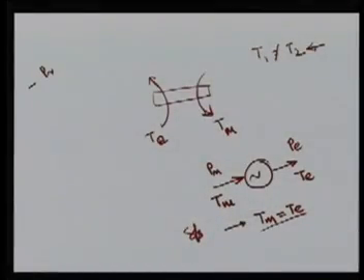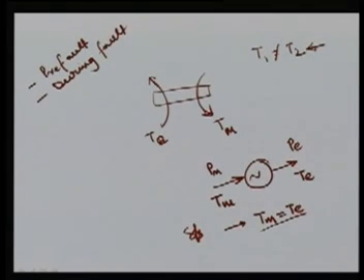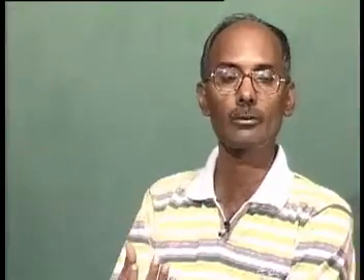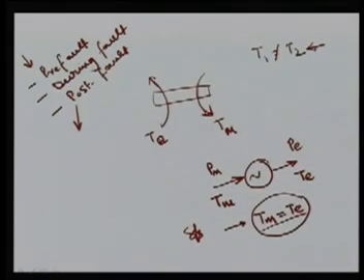We have three conditions. One is the pre-fault condition, another is the during-fault condition, and the third is the post-fault condition. The pre-fault condition satisfies Tm equal to Te. Your post-fault must also satisfy this. If it is not satisfied, it means your post-fault system is not in equilibrium condition. So the pre-fault and post-fault are in equilibrium condition, but during the fault, as I said, in the